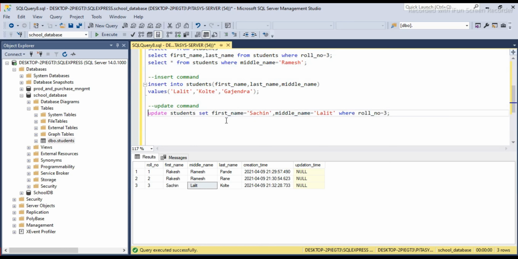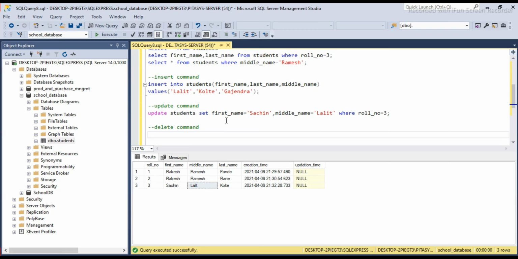Okay, now we can go forward to the delete query. The delete command is used to delete or remove a record from the table or database.